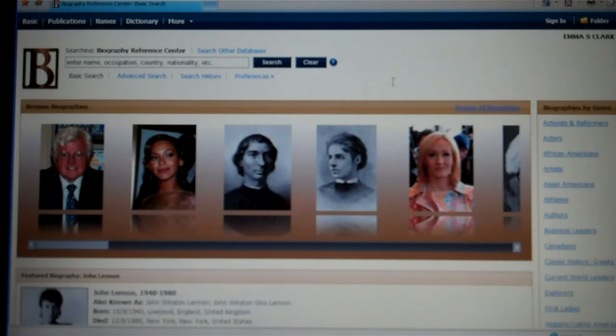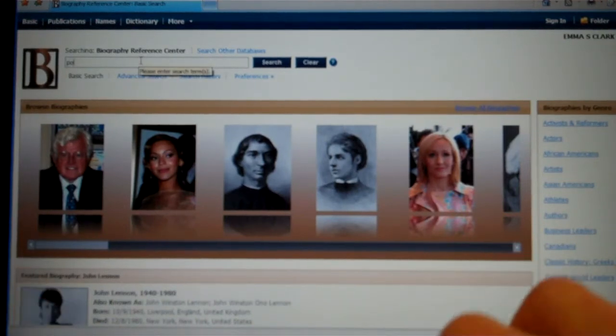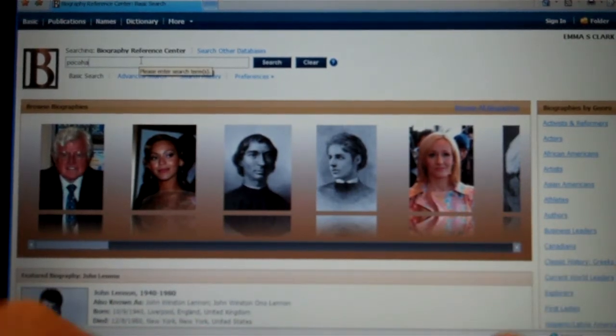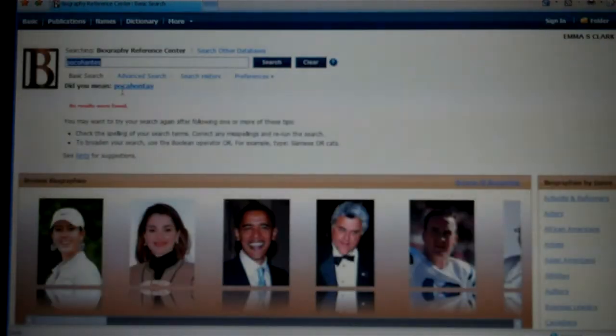One can search within the text box up here by name, occupation, country, nationality, and again, it also prompts you if you've misspelled something. Let's try Pocahontas. Pocahontas, misspell it, and see what we get. Did you mean Pocahontas? Yes.